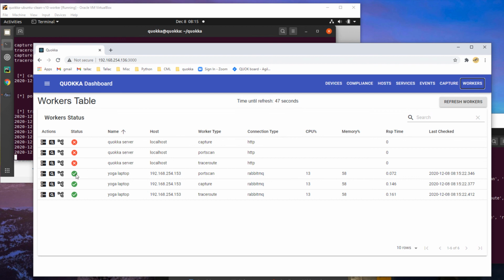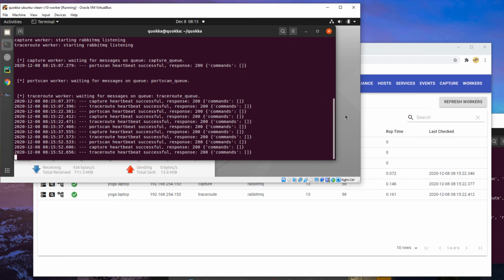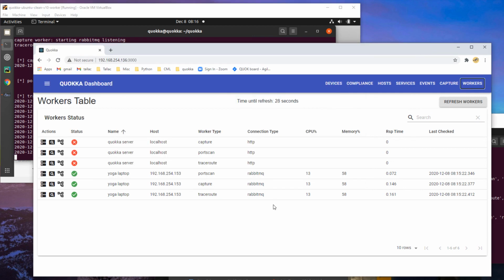But in the time that I've been blathering on, you can see that the status changed from red to green. And so what I've done is I have actually, there's a fair amount of configuration to make your remote workers be responsible for certain parts of the network. And I'm not going to go into that right now. But what I just wanted to show you